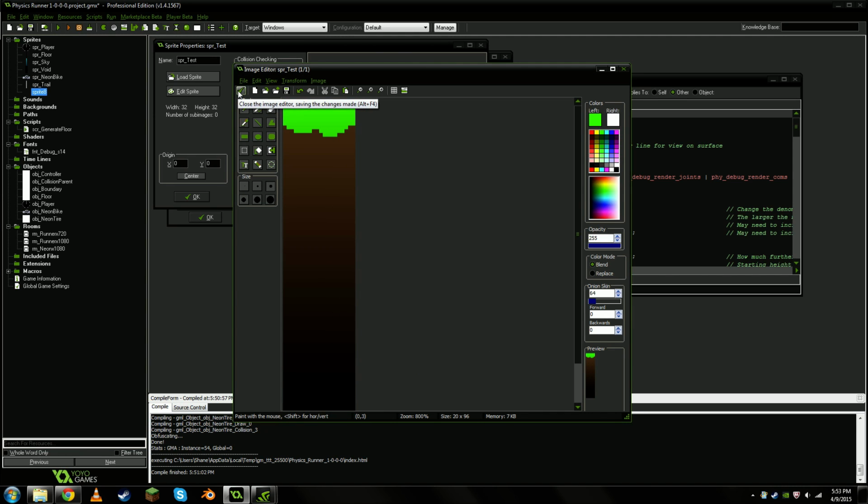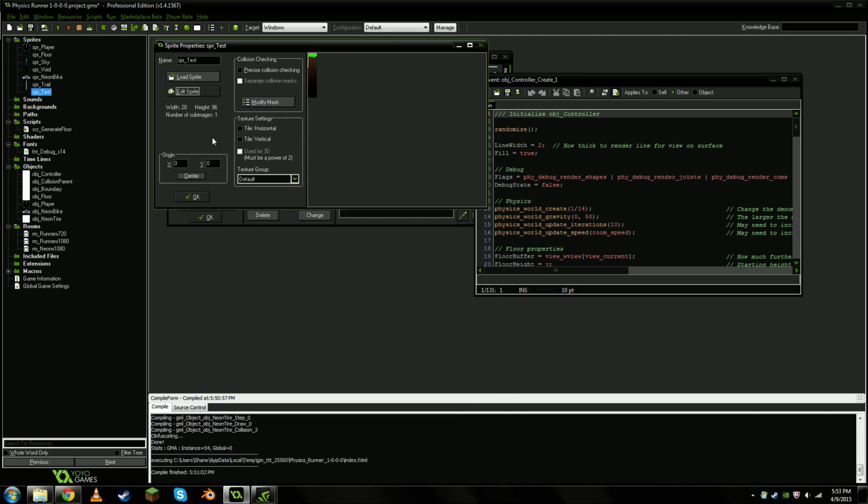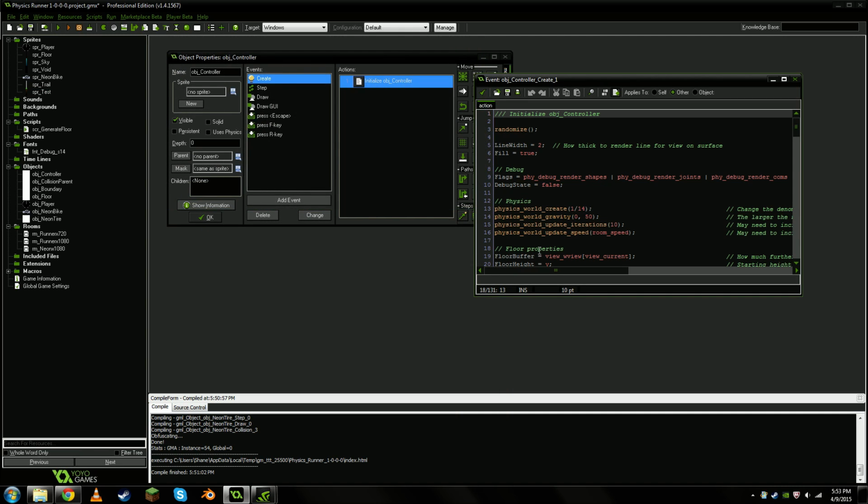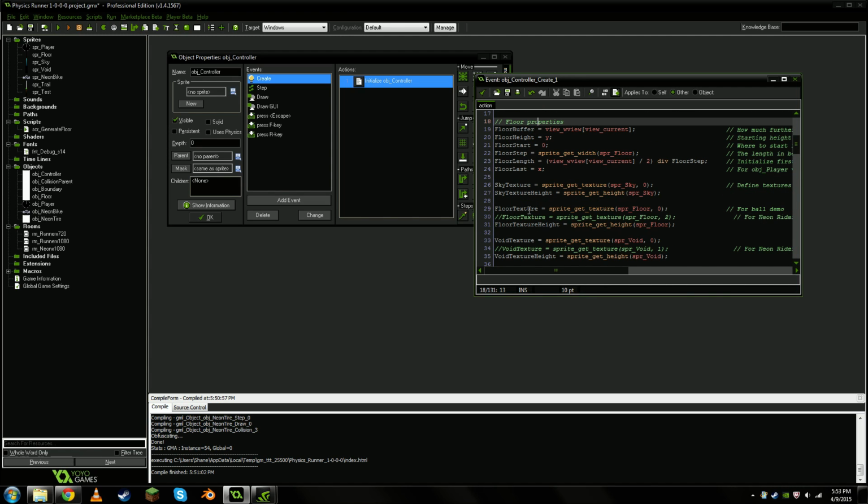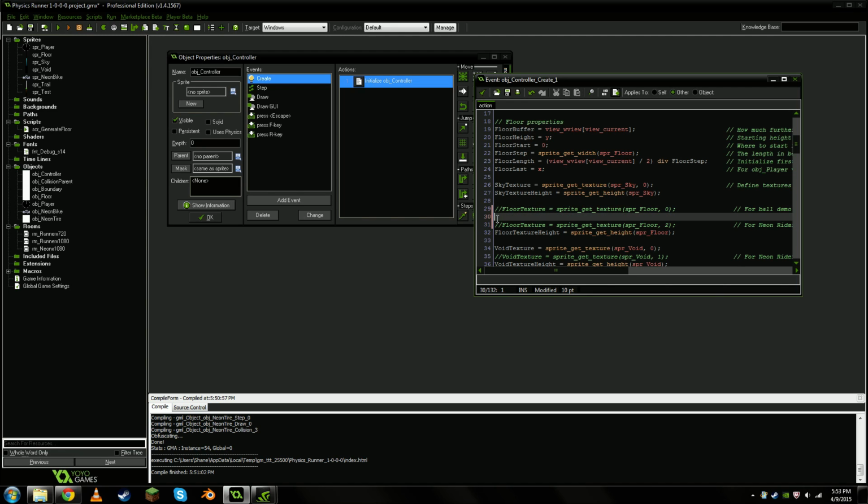So with that done, let's accept that. Yes. And you can leave the origin top left corner. We'll accept that as well. Going into the controller create event, if we scroll down to where the texture assets are, let's untoggle the one that we used for the demo here, and we're going to create our own floor texture that we just added in here. So floor texture, sprite, get texture, whoops,